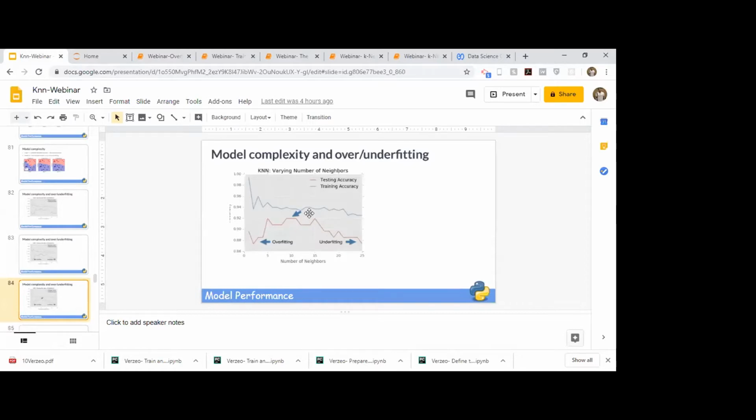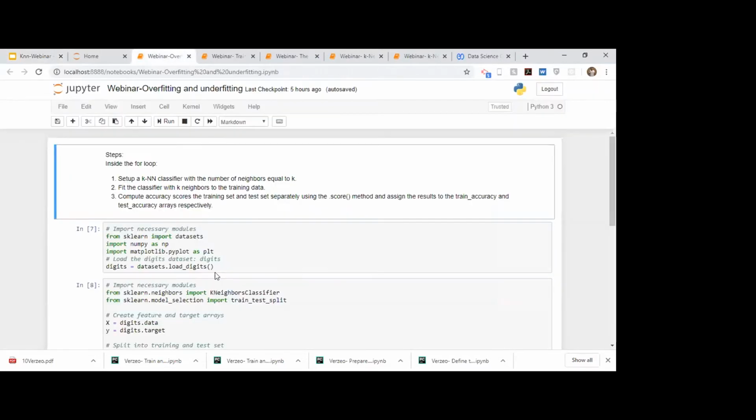In this exercise, you will compute and plot the training and testing accuracy scores for a variety of neighbor values. That is for neighbor 4, neighbor 5, neighbor equals to 6, or so on. Okay. So for a variety of values, we will do it. So by observing how the accuracy scores differ for the training and test sets with different values of neighbors, that is with different values of k, you will develop your intuition for overfitting and underfitting. So let's dive into it.